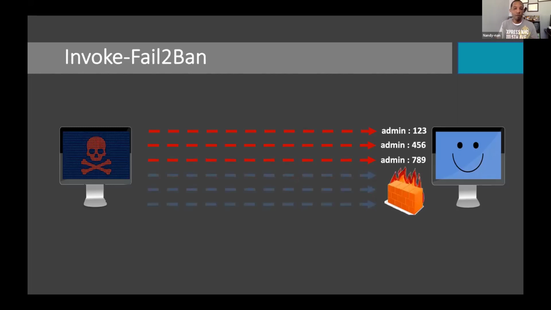Well, with Invoke-Fail2Ban, I say, hey, if I get 3 failed logons or 3 authentication attempts within this period of time, ban that IP for this period of time. Maybe it's 3 months, maybe it's 4 months, or whatever the case. So at 3 failed logons within that period of time, Invoke-Fail2Ban kicked in, and now that machine is not able to talk to my machine anymore. So we can lessen that, but we also start to gain intel as far as who's out there trying to do what to us.